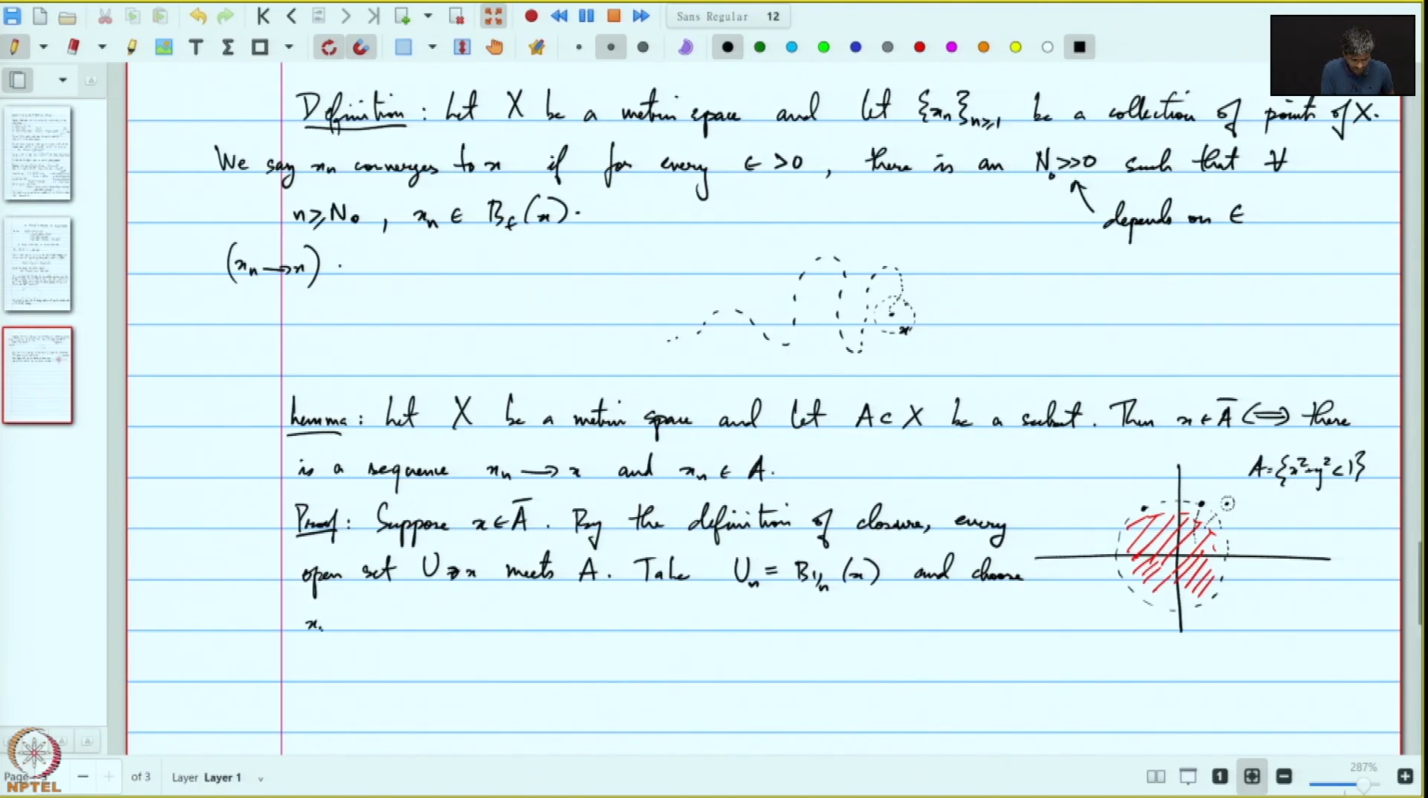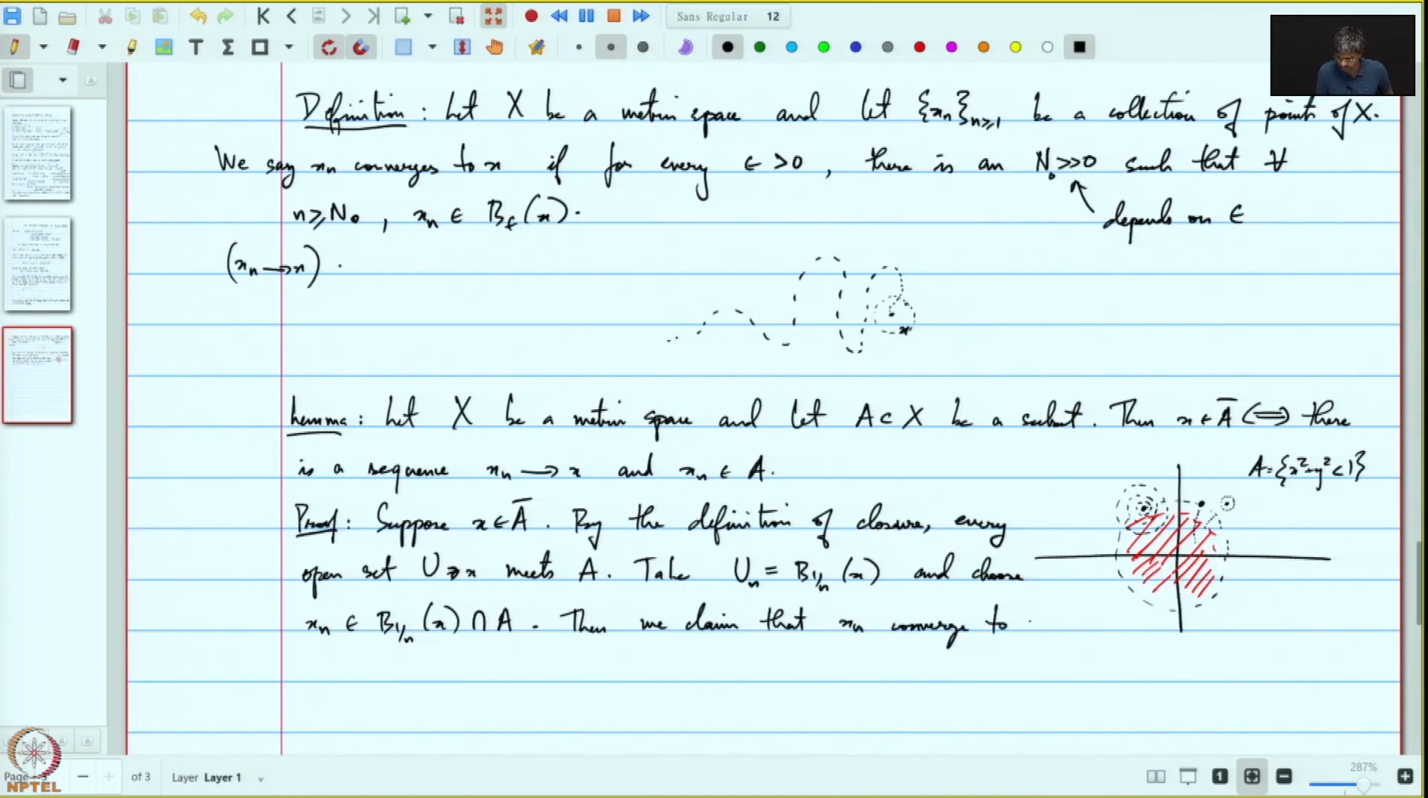So choose any xn in B(1/n, x), this 1/n neighborhood of x. So we are taking smaller and smaller neighborhoods, and each of these neighborhoods meets this red region, and we choose one point in that intersection with A. So then we claim that xn